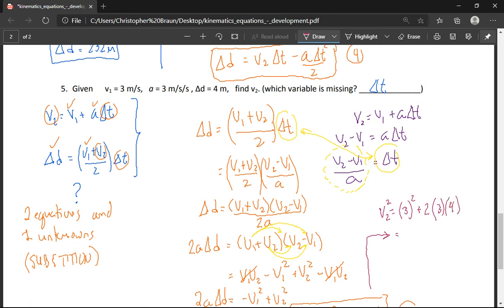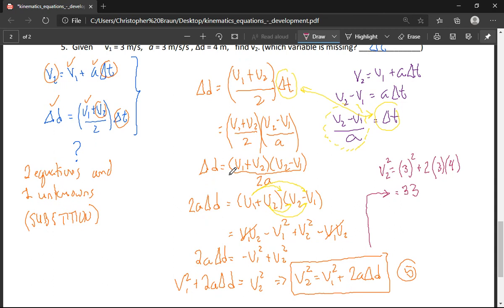And so v2 squared is, so you go 2 times 3 times 4 is 24, plus 9, because that's 3 squared, is 33. But that's not what v2 is. It's v2 squared that is equal to 33, because the units here are meters squared per second squared. And so v2, to get the final answer, you take the square root of 33,